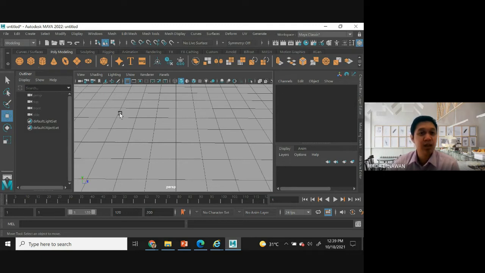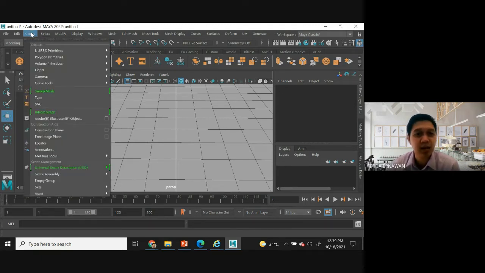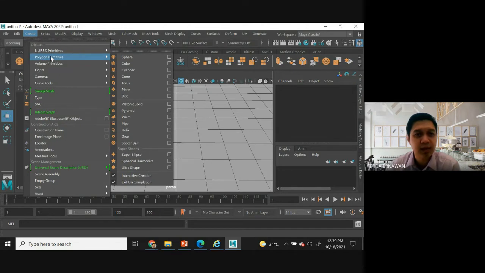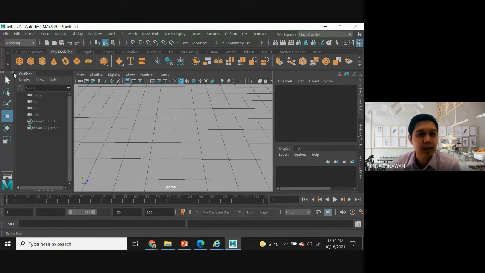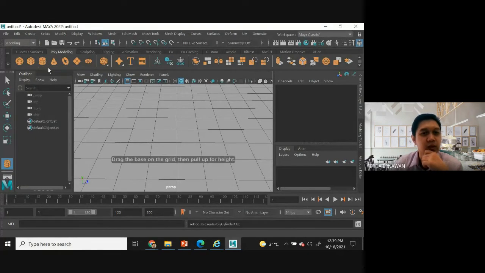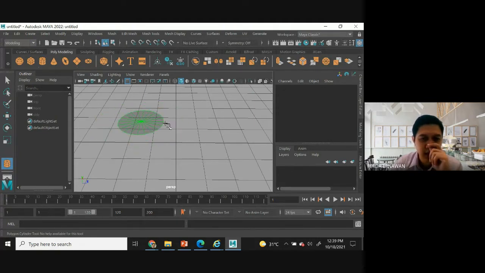If you want to use the interactive creation, you have to select the grid here and then select the polygon. Oh, this one is already ticked. So I just select the poly modeling here, either one. Let's say for example cube or cylinder. It says drag the base on the grid, so it becomes interactive.